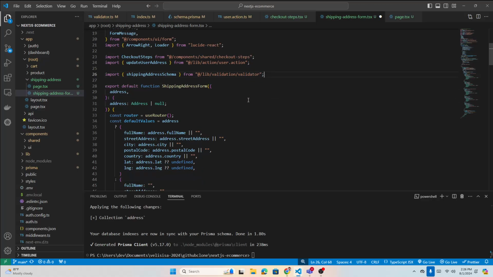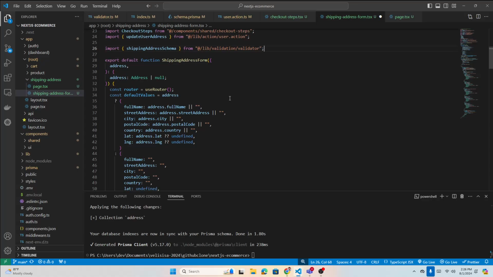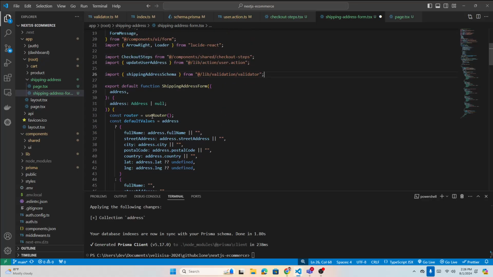Now it's time to look at our form. Okay, how we have created it, right? So let's see. The shipping address form, this is the form name. Export default function shipping address, this is the component. Inside the component,